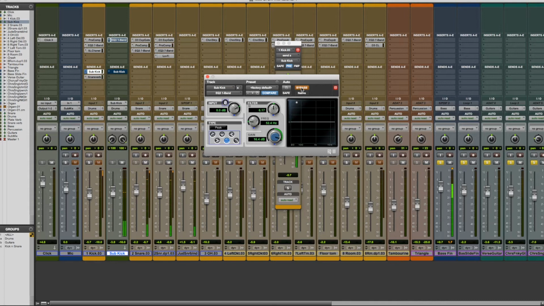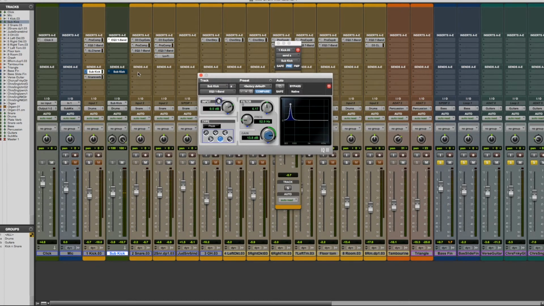Without. And with. So that gives you the power of that frequency, it gives you an idea of where it is. So just turn it down a little bit. Okay, the next thing he does, now that gives it a lot more bottom end power, but then what he